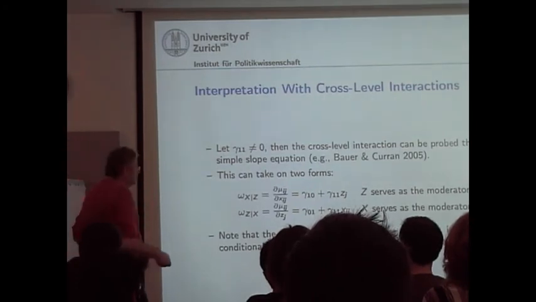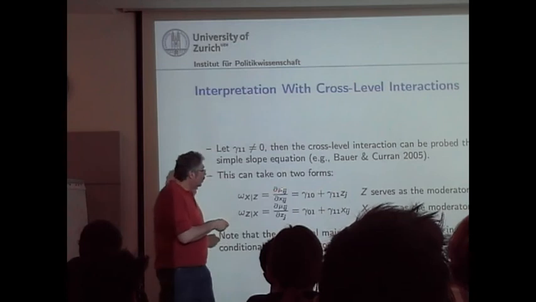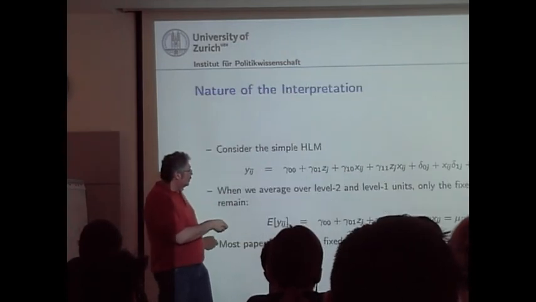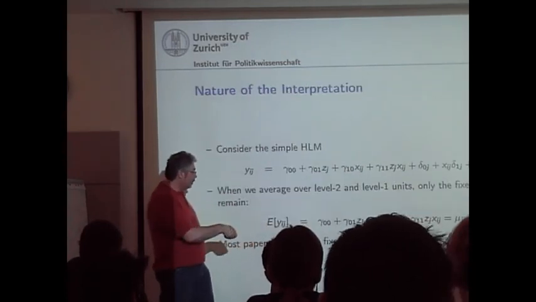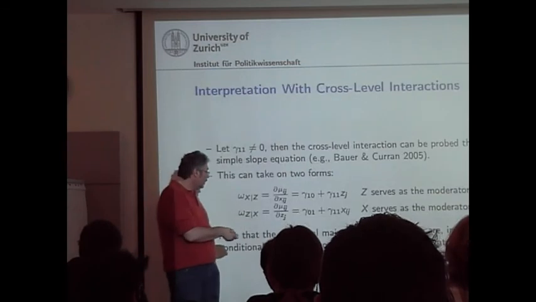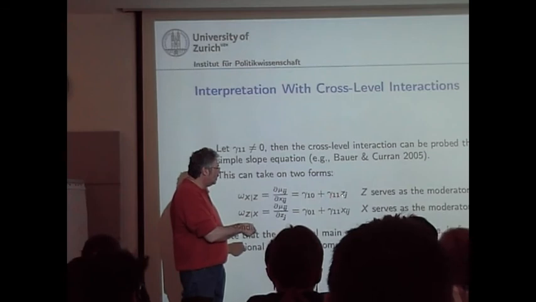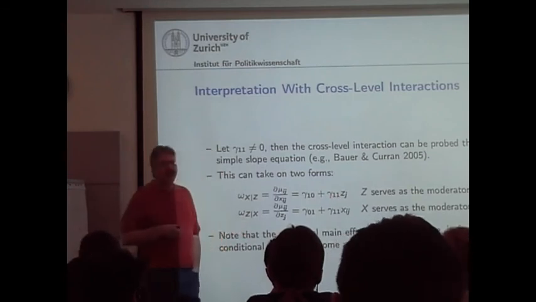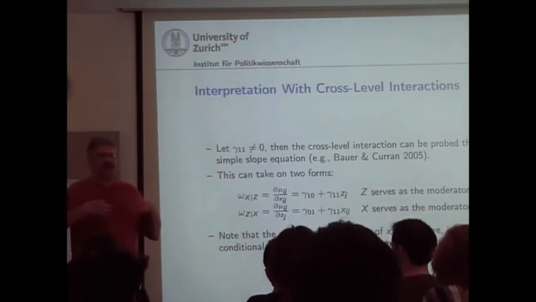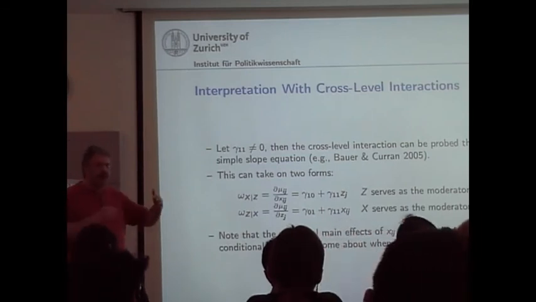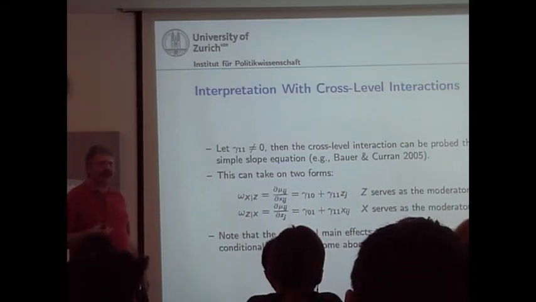It's simply the derivative of this expression here with respect to x, and that leaves you with gamma 1,0 plus gamma 1,1 z_j, where z now serves as what is known as the moderator, the thing that influences the effect of x on